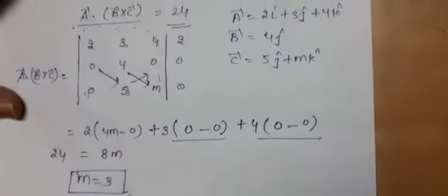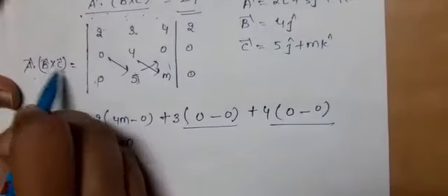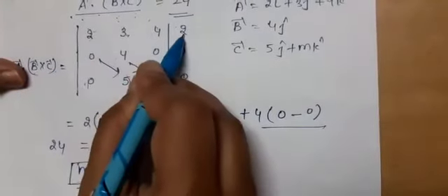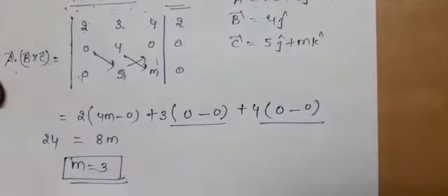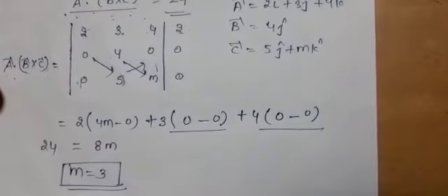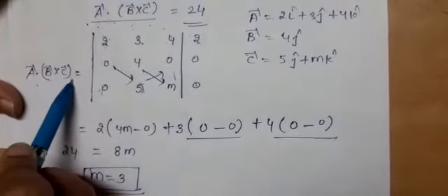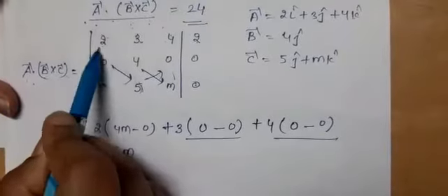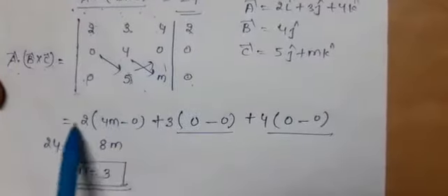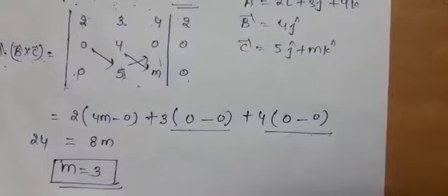So the new concept in this numerical which we have introduced is, basically, when we have three vectors, actually we are doing it for B cross C, where I, J, K we are writing. But when the vectors are coplanar, then we take A dot B cross C. Or when we are taking the volume of a parallelepiped, then we take A dot B cross C. In that case, you will start writing the coefficients directly instead of I, J and K, and start solving in a similar manner. And only then can you calculate the value of M.